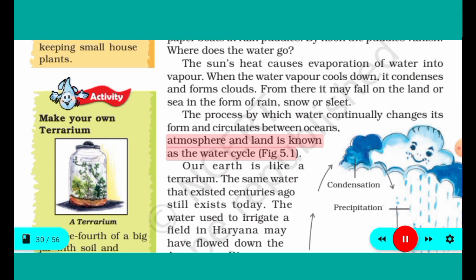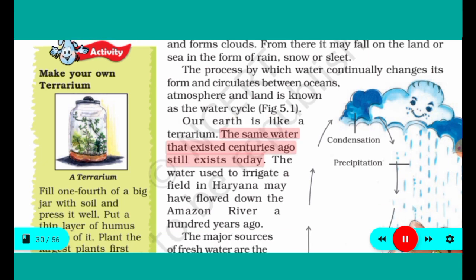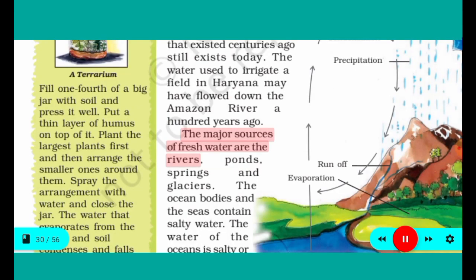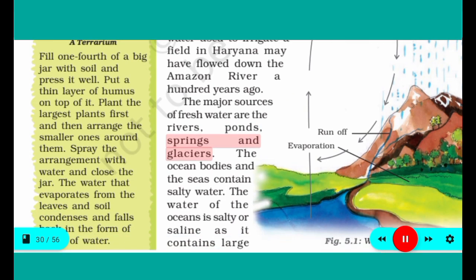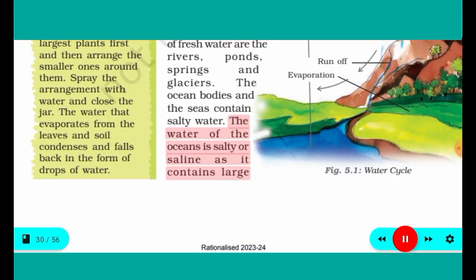Fig. 5.1. Our Earth is like a terrarium. The same water that existed centuries ago still exists today. The water used to irrigate a field in Haryana may have flowed down the Amazon River 100 years ago. The major sources of fresh water are the rivers, ponds, springs and glaciers. The ocean bodies and the seas contain salty water. The water of the oceans is salty or saline as it contains large